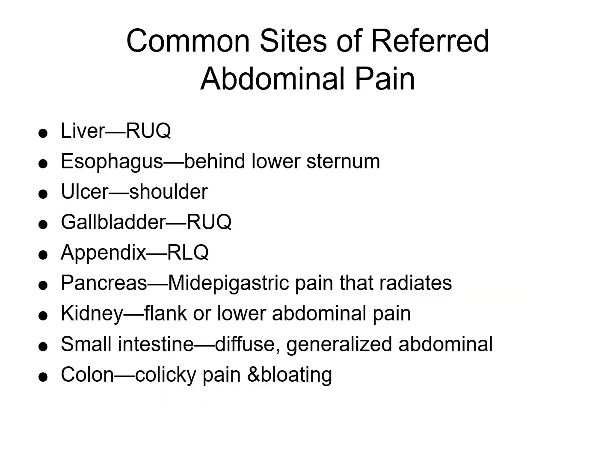Some common sites of referred abdominal pain. If someone complains of the right upper quadrant, this could be something with the liver. Or if something's going on with the esophagus, they may complain of a burning or hurting sensation behind the lower sternum. If they have an ulcer, they could complain of shoulder pain. Gallbladder is going to be the right upper quadrant, whereas the right lower quadrant, that's where your appendix is, so appendicitis. If they're having issues with the pancreas,